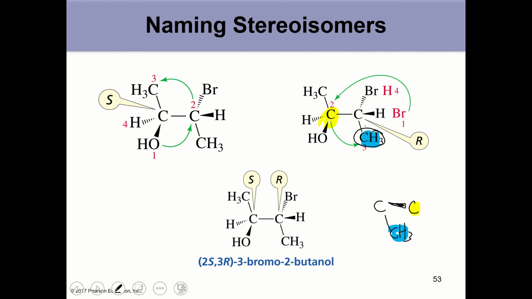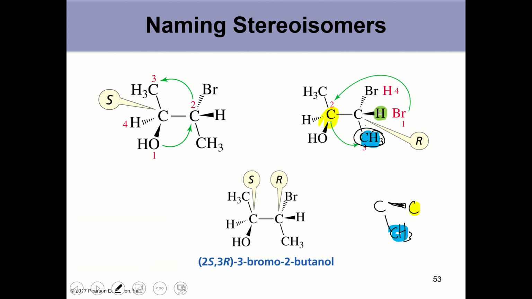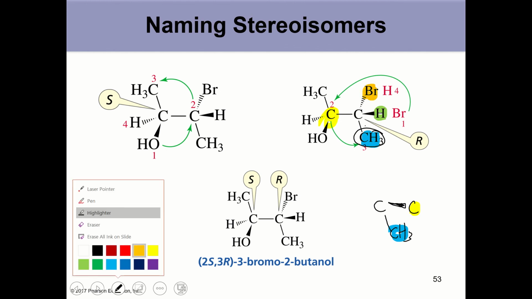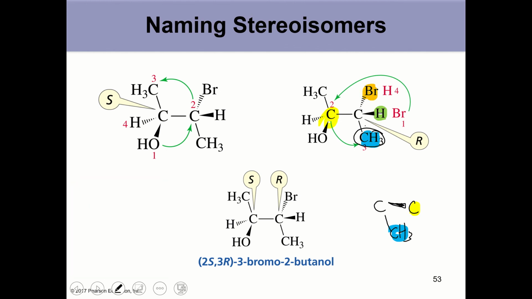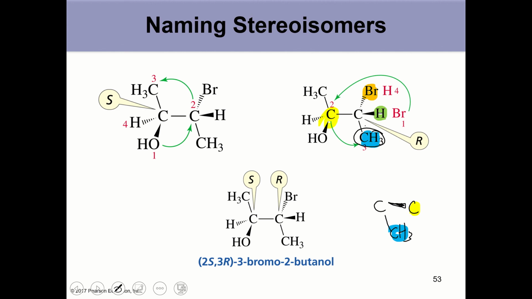We're going to go with a green hydrogen and an orange bromine. Okay, so if I draw my, go back to the pen, eraser,